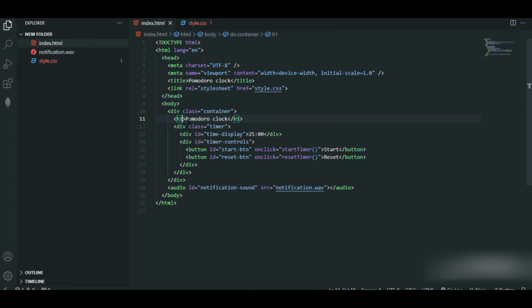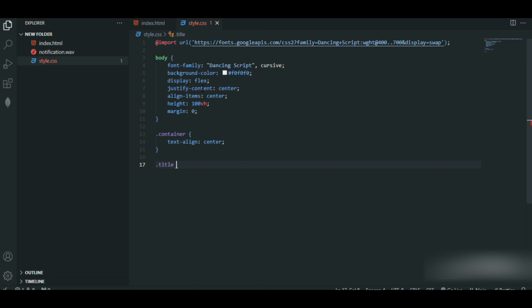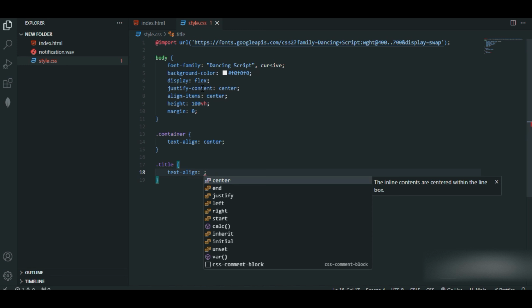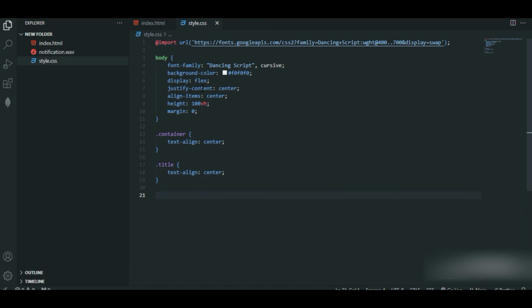Sorry, I just forgot to give the class title here. So let me copy this one and let's style for the title. I'll just paste this one. Let me give text align center. Next, let's style for